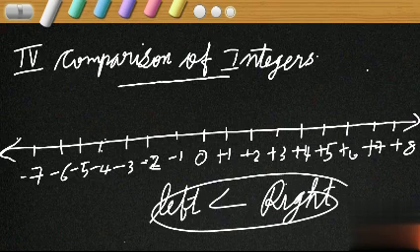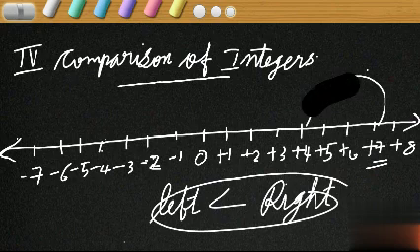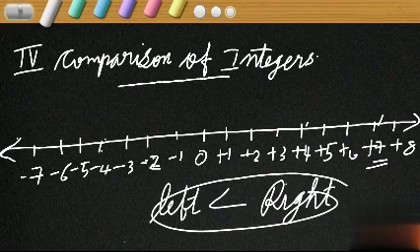While comparing plus 7 and 4, which is greater? Of course, we know 7 is on the right side of 4, so we can say 7 is greater. Otherwise also in case of positive integers, we know that, isn't it? And can you find any speciality about the arrangement of negative integers, 0 and positive integers on the number line? Any speciality can you find?